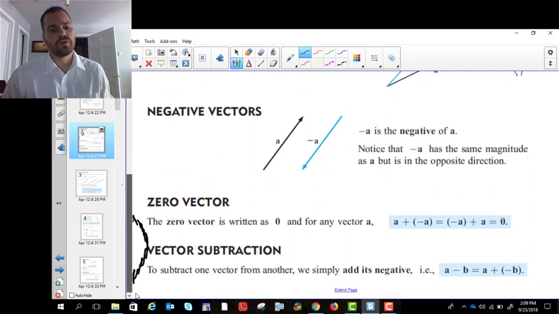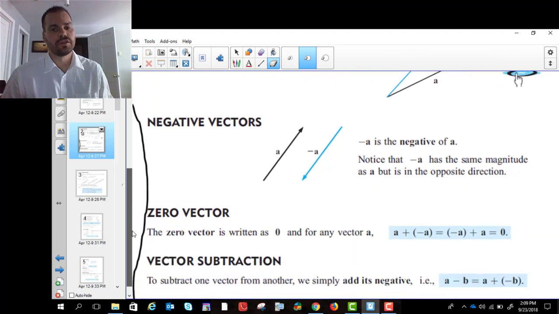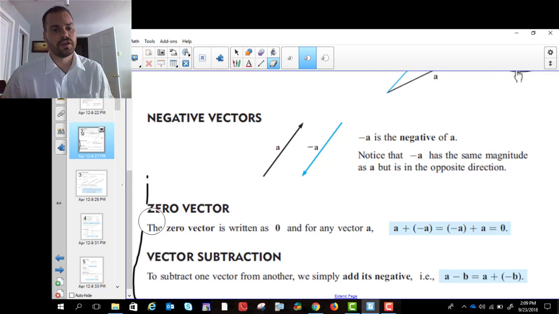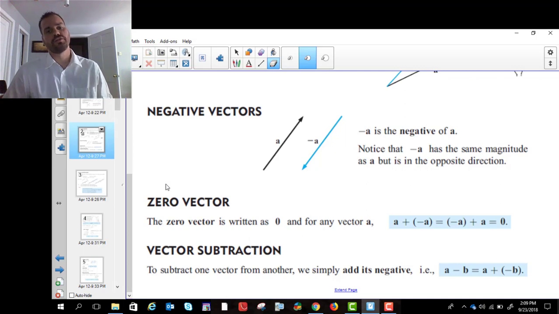In terms of actually working it out, we'll talk about how to do that. But when you draw negative vectors, you're going to do something very similar. You're just going to change the direction. When you draw a zero vector, you don't have a magnitude or direction. It has to be defined, though, because when we go to subtract vectors, you have to have some context of